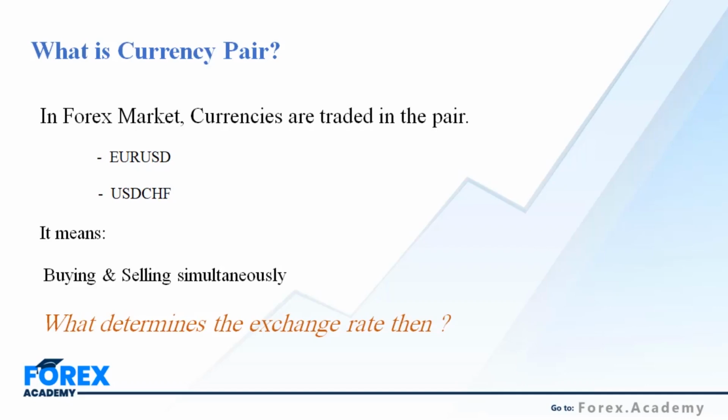Let me give you an example. I am visiting the United States and I need to buy US dollars, but what I have is euros in my pocket. I do not have USD, so I go to the exchanger, I give them euros, and they give me dollars in return. So we just performed a transaction. I sold my euros and I purchased the US dollar. It means that a transaction is a two-way process. We sell something and we buy something, just like any other product.